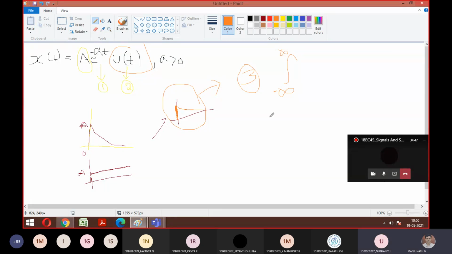0 to t, sir? 0 to infinity only. Why is t required? Because it is continuous, there is no end, right? So you can go with 0 to infinity, not t. Am I clear? Yes, because in the condition it says alpha, it is not a, it is alpha, which is going to be 0 if it is greater than. So with the alpha greater than 0 condition, all the things are on the positive side only. So it is continuously flowing. At what time it is going to be 0, we don't know. That's why if you eliminate this minus infinity, the integral becomes 0 to infinity.